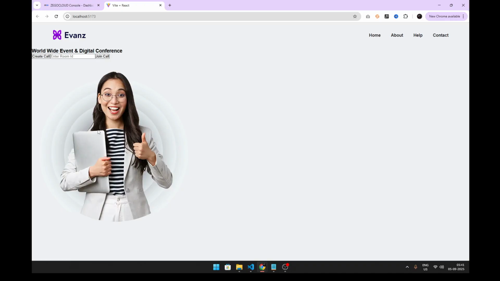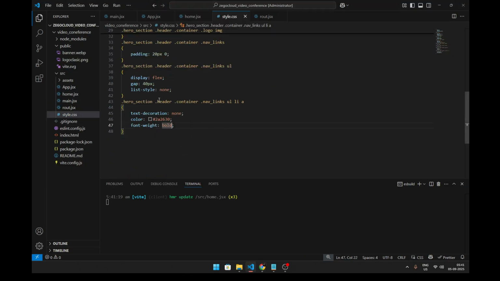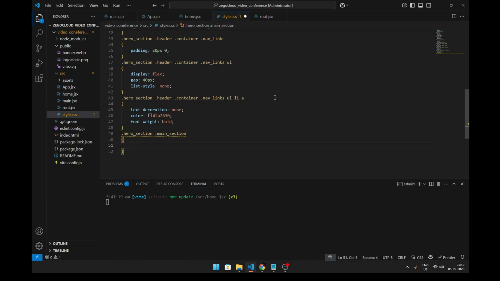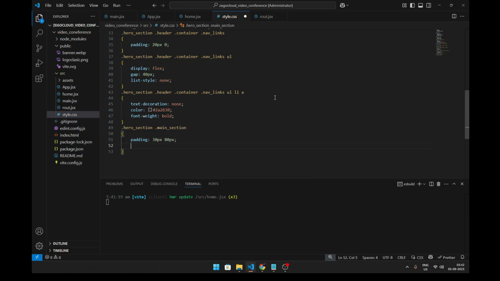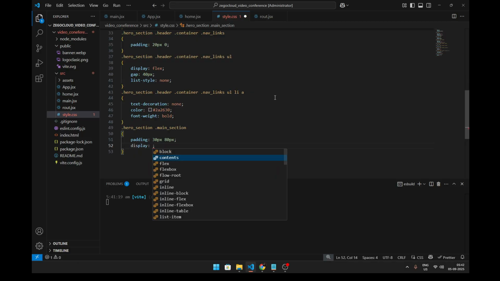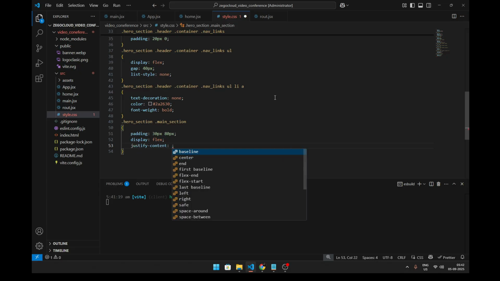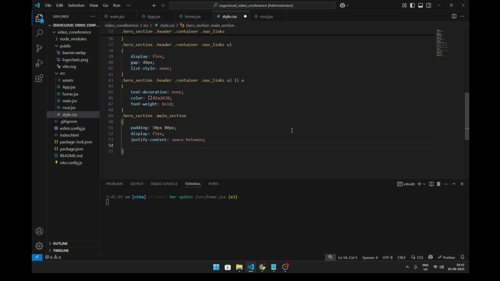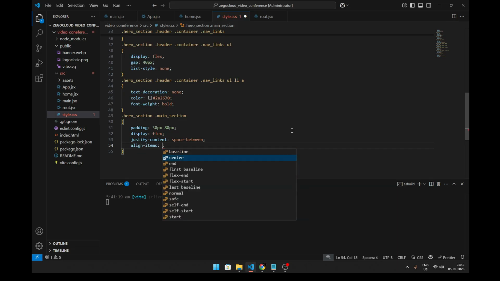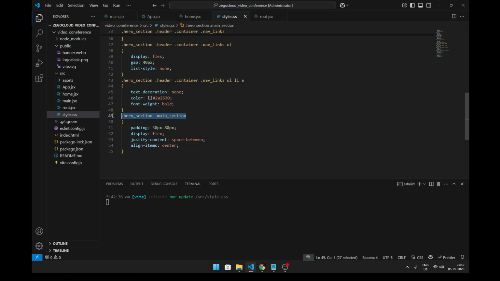Now let's design the home section. After the hero section, go to the main section, add some padding. After the designing of our main container,